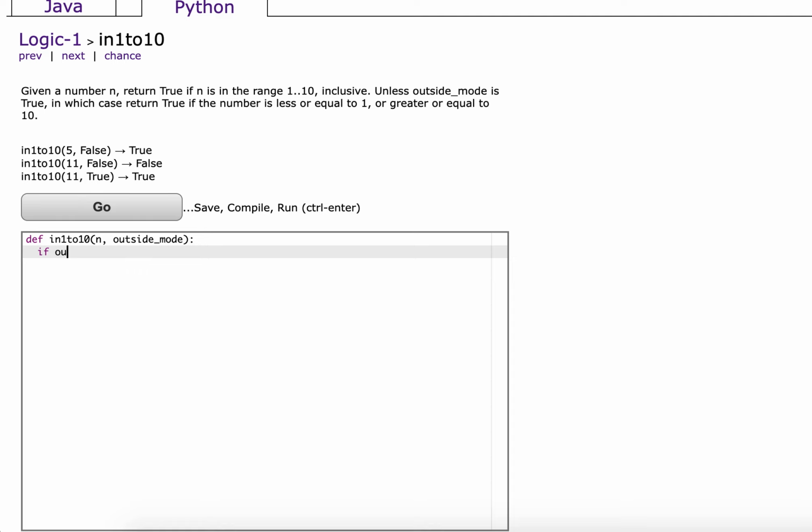If outside mode is true, then return true if the number is less than or equal to 1 or the number is greater or equal to 10. But if that's not the case, meaning